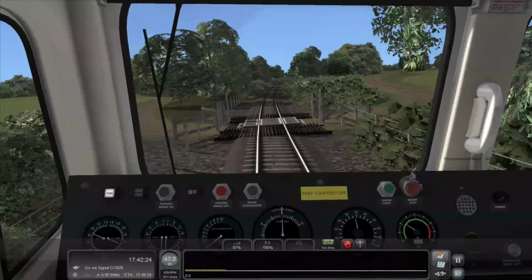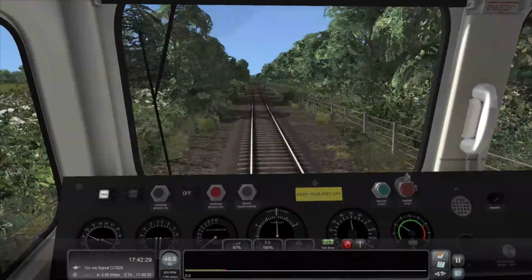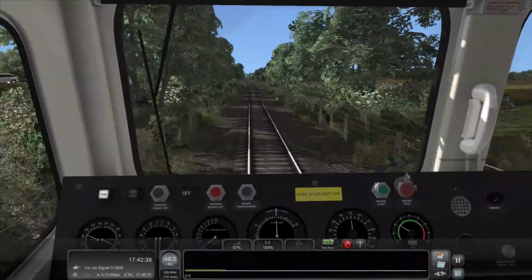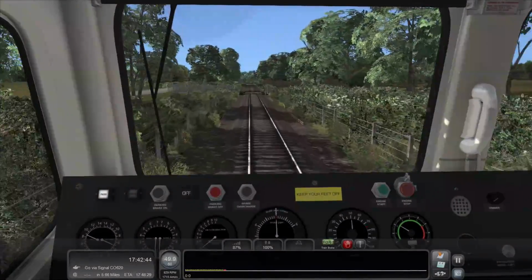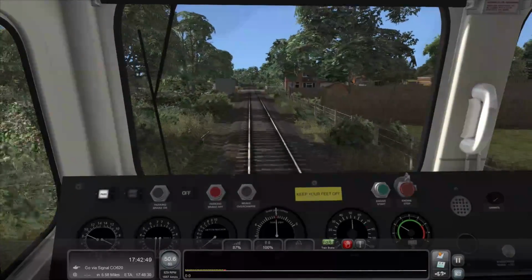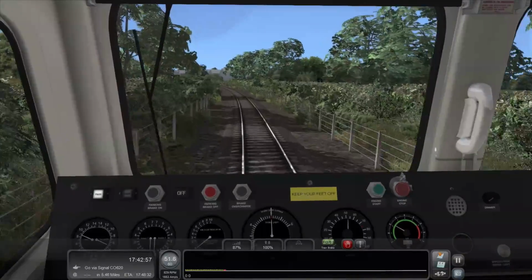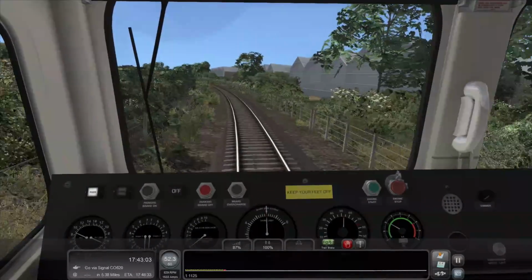But this is also another thing that comes with the GEML, the Great Eastern Main Line, London to Ipswich. This little section, which I don't actually think I've done a video of, is the section past Ipswich where you have a little train service which you can do with diesel units like the Class 156 up to Felixstowe, which is an extra section where you can do a little passenger service. And there's obviously the Felixstowe freight port, which we come out of, and you can drive on this line and then go back onto the main line and do freight scenarios and stuff like that, which is pretty